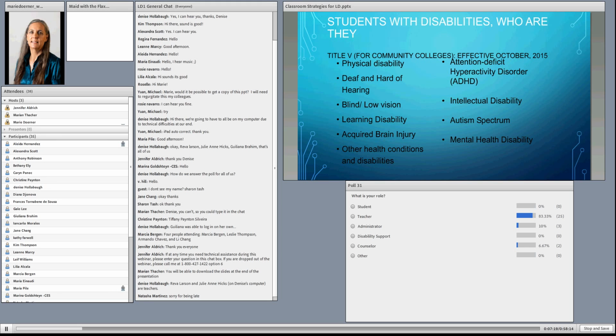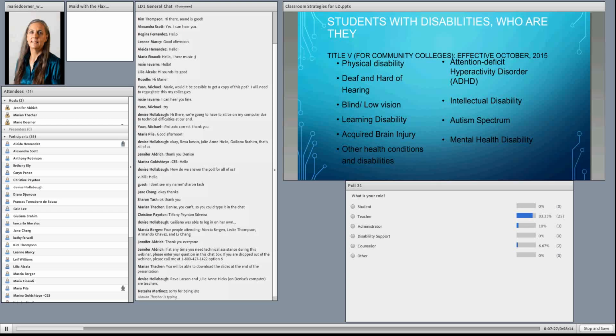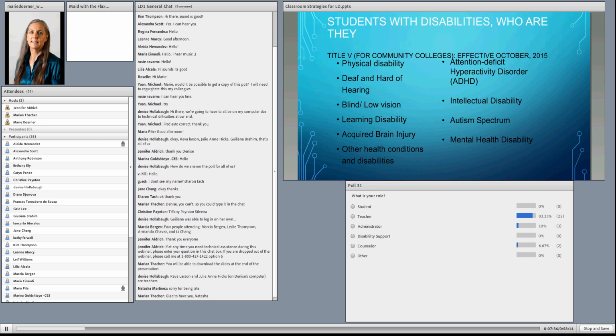Physical disabilities, deaf and hard of hearing, blind, low vision. We have our people with learning disabilities. A lot of people with acquired brain injuries are very similar in some ways to people with learning disabilities. There's also other health conditions and disabilities. I have in my class one of my students with cerebral palsy, who again has similar issues to people with learning disabilities, and other parts of his disability are different. The strategies really work with everybody, but